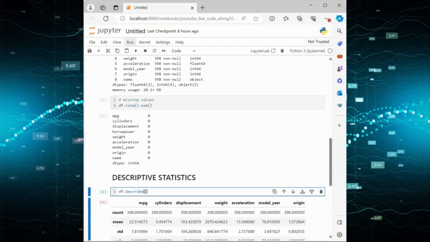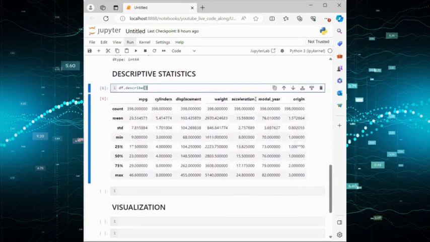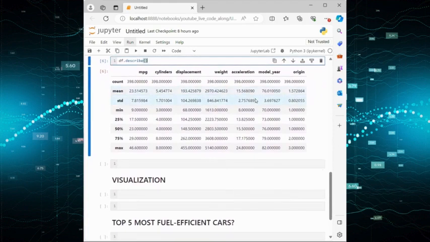And what we see here is that on the MPG, we have the mean miles per gallon being 23.5, the maximum 46.6, the minimum 9, and for cylinders, the lowest number of cylinders on a car in the data set is 3, the maximum is 8,